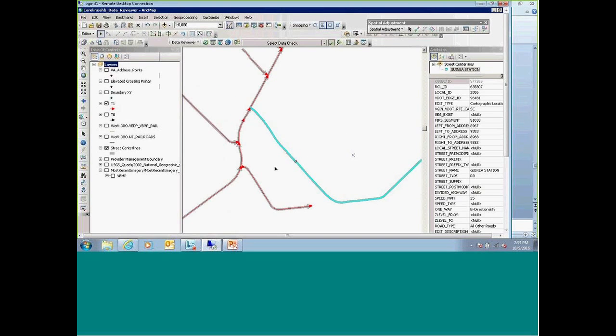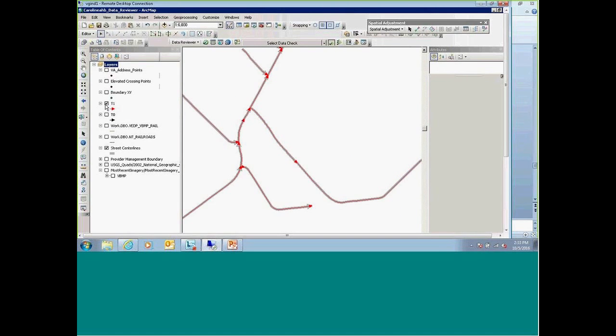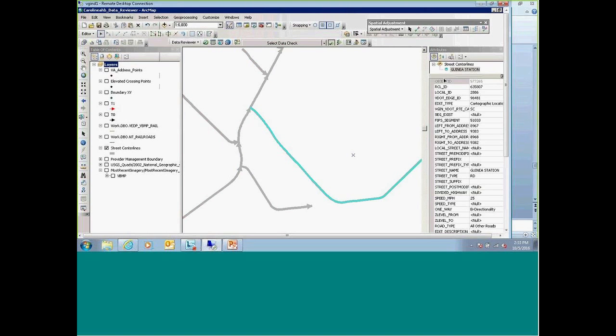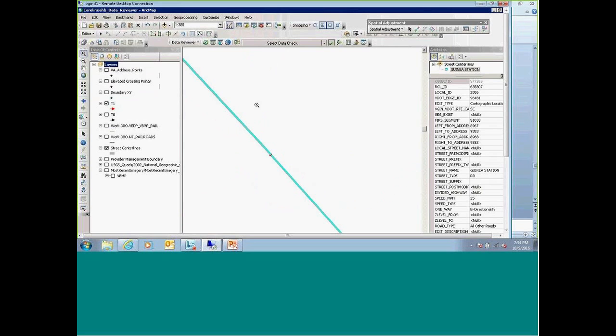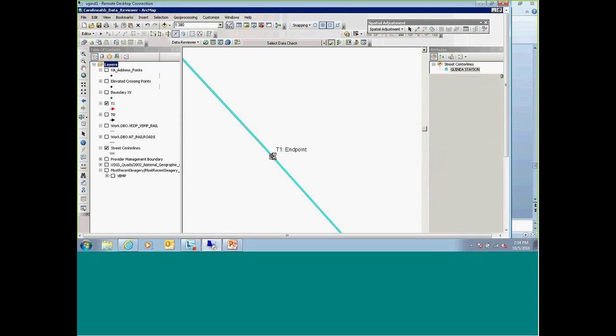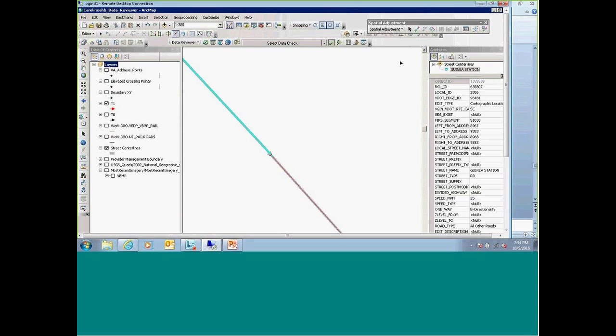We'll just go in there and split it. I can't say enough nice things about the attribute transfer, where we can just go in there and use it and split. And then that way we can see what we've done.